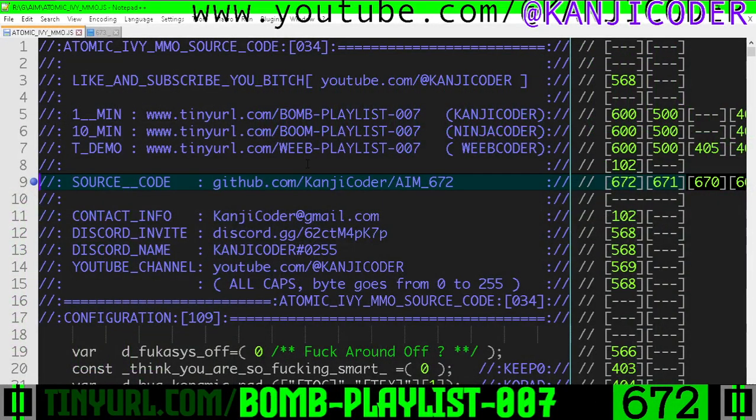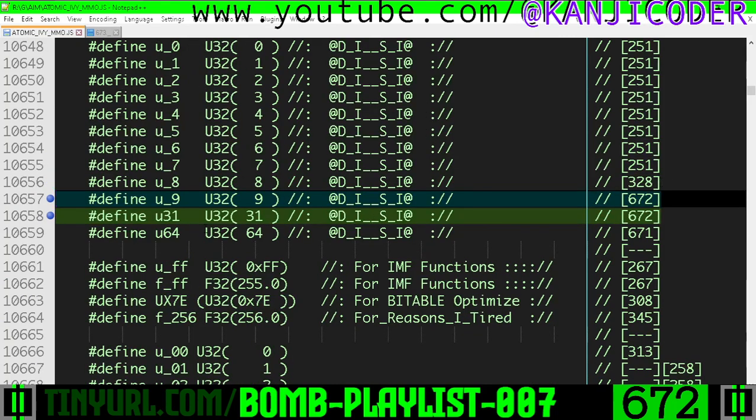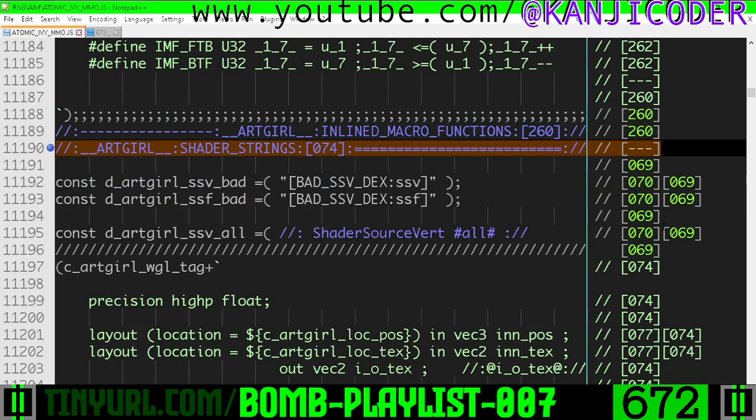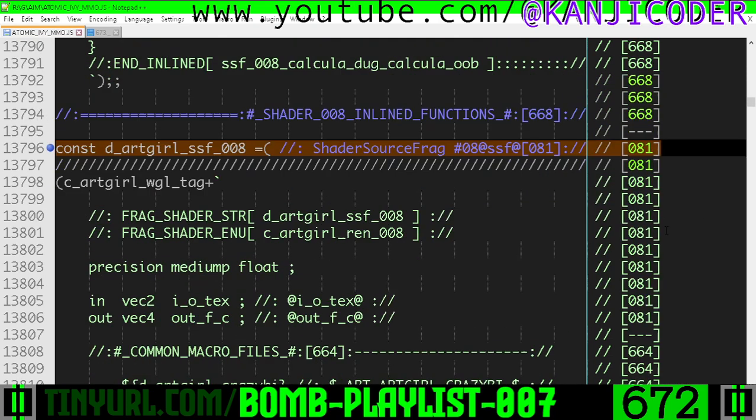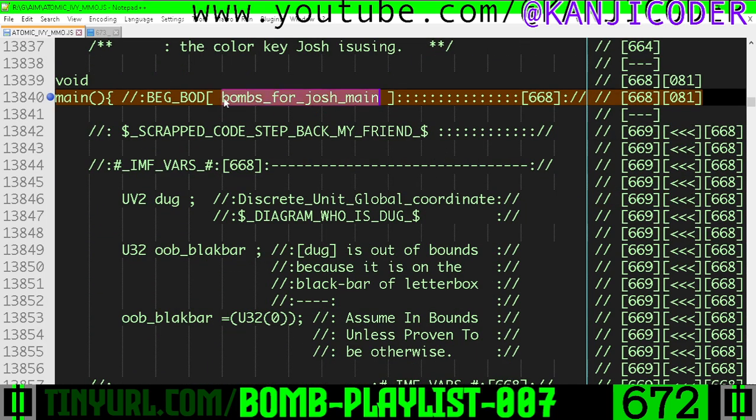672. Let's go. All right, so in the ARTGIRL shader macros, we have made an addition. We have U9, which is uint329, and U31, which is a uint3231. That's for convenience. In ARTGIRL shader strings and shader source fragment 8, which is our Josh bombs shader inside of